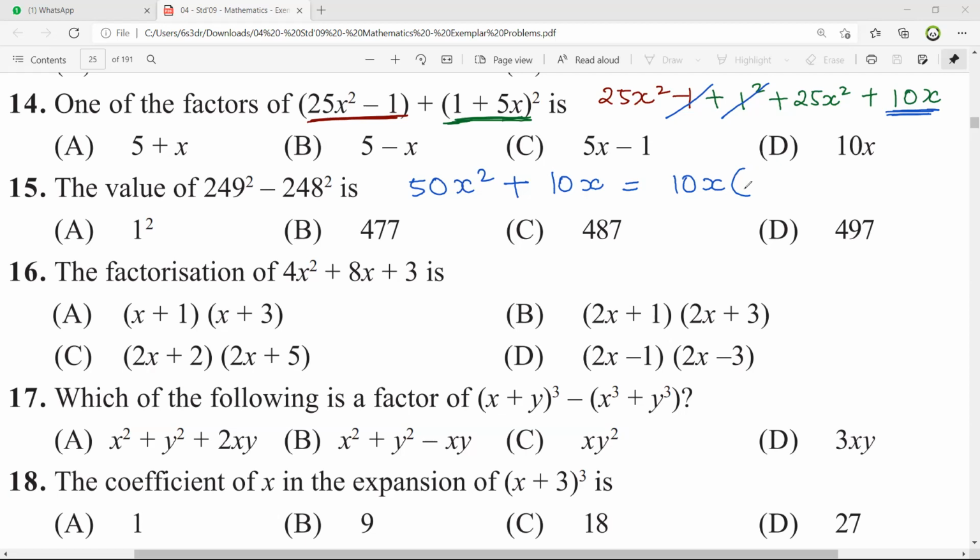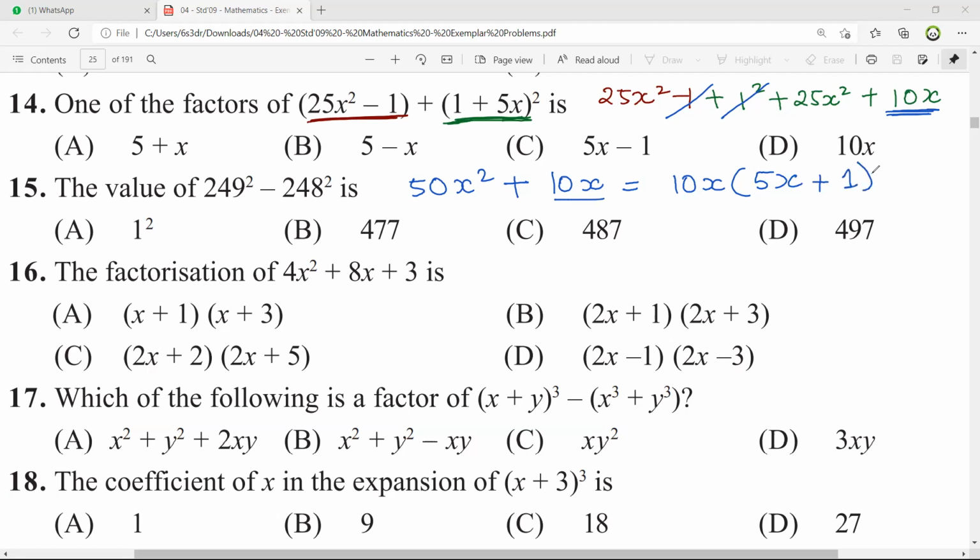So if you have 10x, and you have 5x plus, yeah, 1. Yeah, because when you multiply 5x over here, this is 10x multiplied by 5x. So then it becomes 10 into 5 is 50 and then x squared, right? So yeah, be careful about those things. Okay. 10x times 5x plus, then over here we are left with 1.